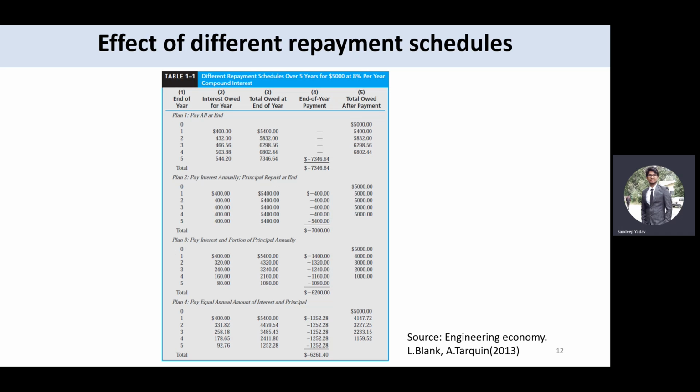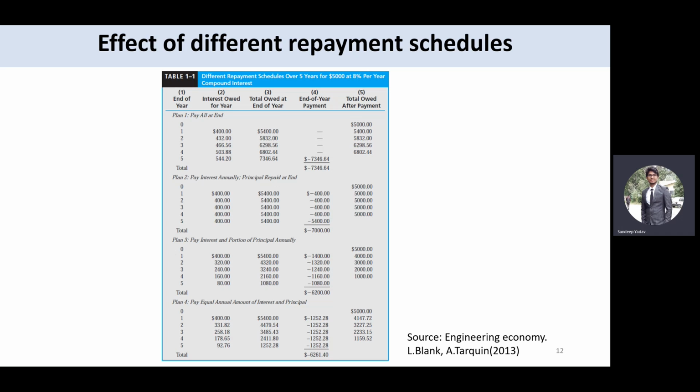Similarly, in years 3, 4, 5, you will pay. At year 5, you will pay $1,080. If you add up all these, the total amount you will pay will be $6,200. So that will be the minimum among all if you pay interest and a portion of principal